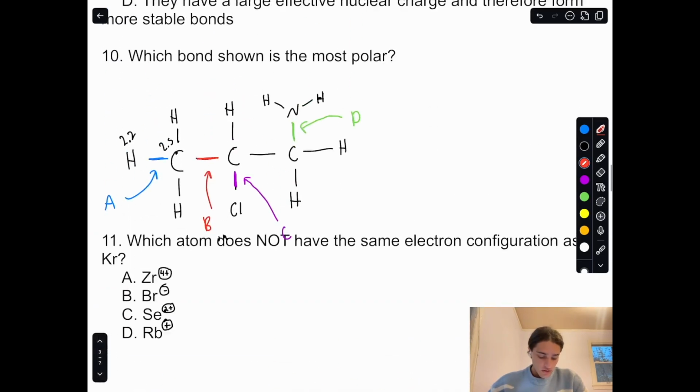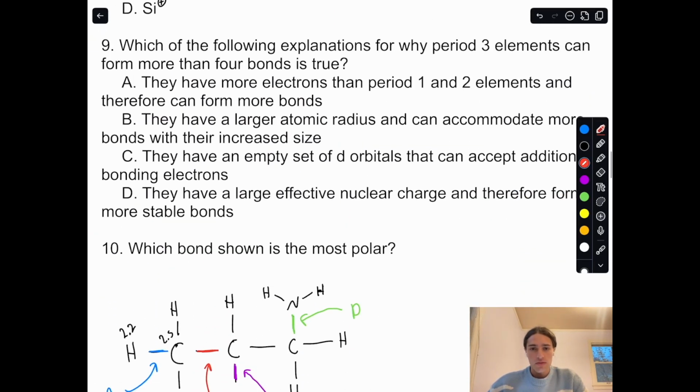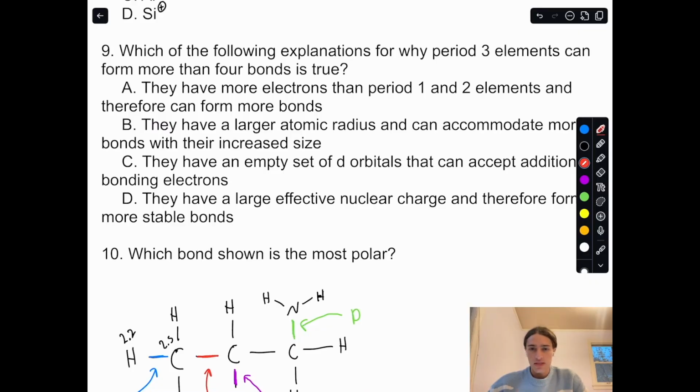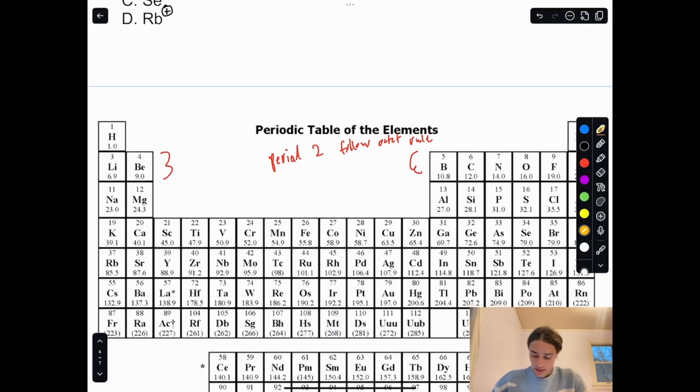And the answer choices, to be honest, are kind of full of jargon, and I don't want to rule out each one, because this one is really just important to know. The true answer is C. They have an empty set of d orbitals that can accept additional bonding electrons. And that's true. We talked about this a bit in either video 3 or 4, but basically what happens